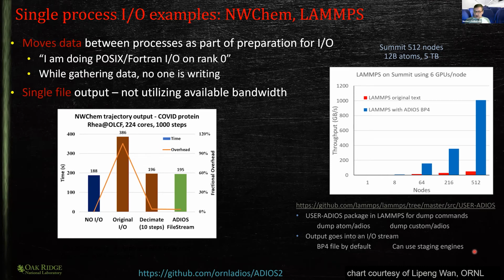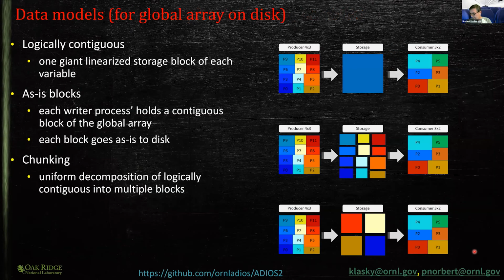It's kind of counterintuitive, because you're supposed to do it the other way, but it wasn't right. While you are aggregating data in the application to one process, it's part of the I/O and you are not writing anything. So that adds the time together, and then your I/O is really slow. Okay, just for the reading a little bit,